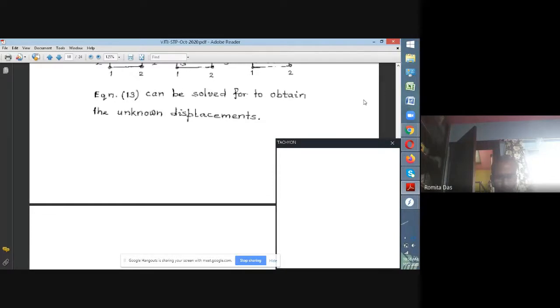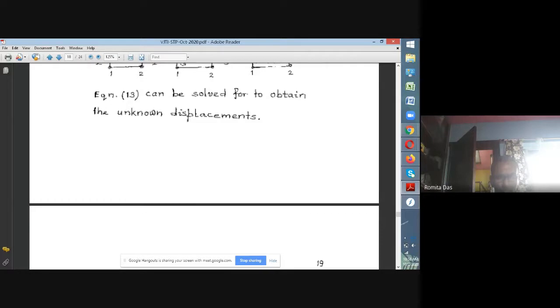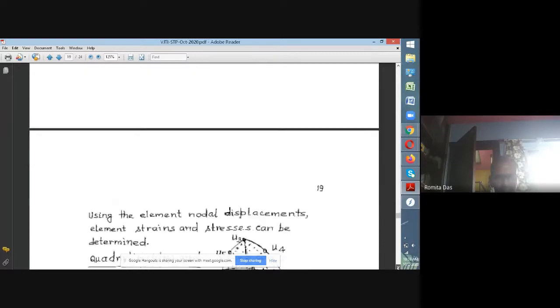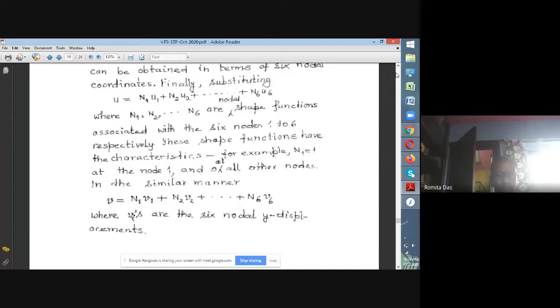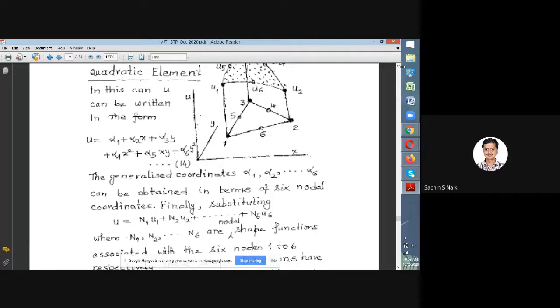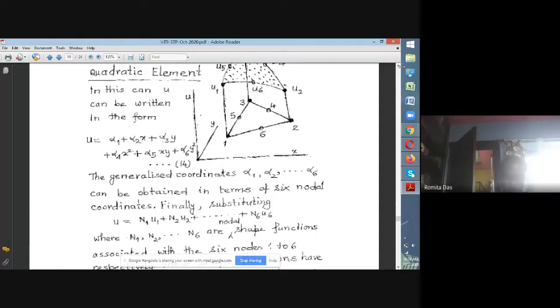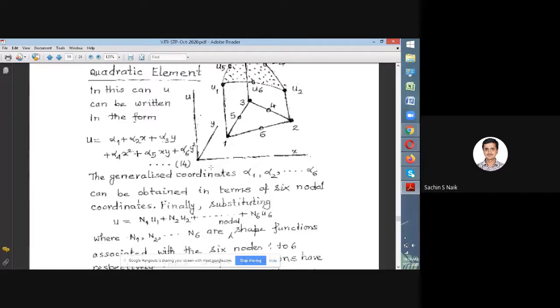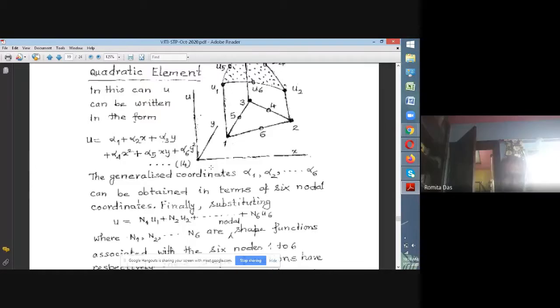Please, I want all of you to concentrate and tell me the answer. If you are talking about the quadratic variation of the displacement field, then the first derivative of the displacement, what sort of variation would it have? If you take the derivative of u with respect to x, what sort of variation will you get? You may unmute and answer, please. Yogesh Yenarkar has answered that it should be linear. That's great.